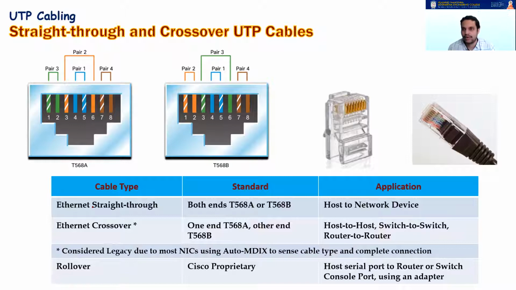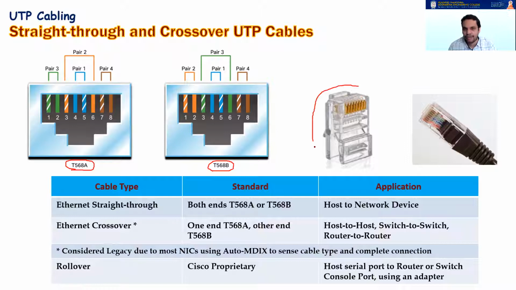The straight through is the one which is purely black in color, and the crossover is the one which is not, it's a dotted black line. Okay, the main difference is if both ends of the cable are connected or terminated using these standards. If you see, this is the 568A standard and this is the 568B standard. The difference is how the cables are connected to the pins in the RJ45.